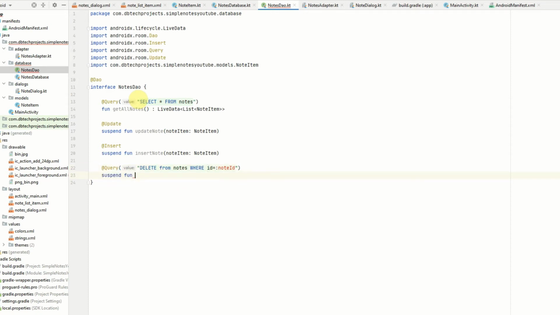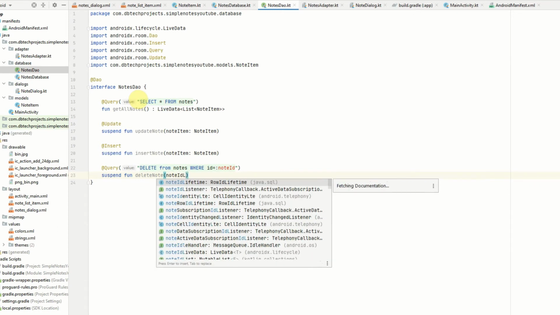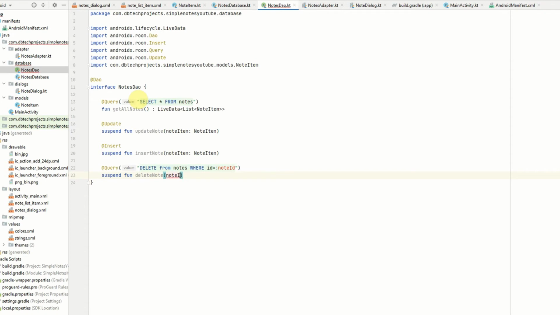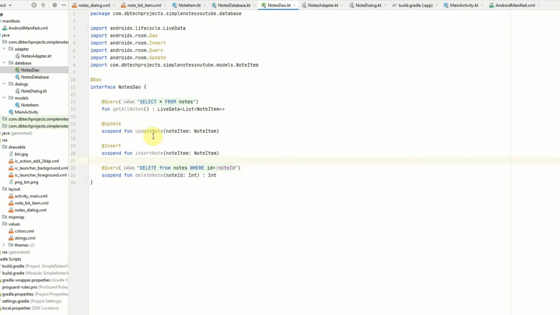the function. So suspend fun delete note, and then pass in the note ID, which will be an int, and this can also return an int just to say that it was successfully deleted, and this will return 1 if it's successful and 0 if it failed. And that's it for the Notes DAO, and then what's left is to update the main activity to use these